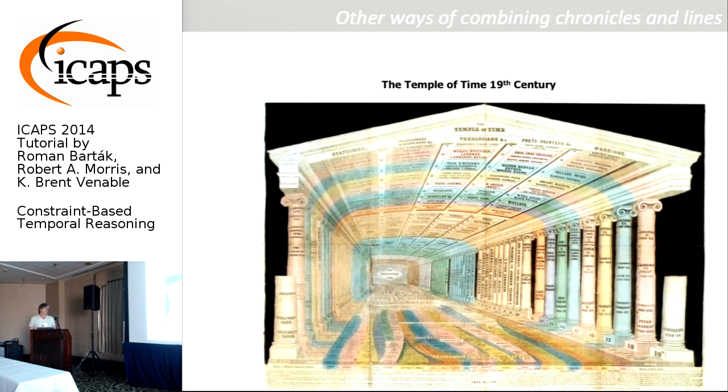Just as a final, kind of outrageous look at visualization of time, this is the Temple of Time from the 19th century. Someone had an idea of combining chronicles with timelines. So this is meant to be a temple, and the floor is a timeline, and the columns represent important information. So this was made in the 19th century, so you can see the 19th century column